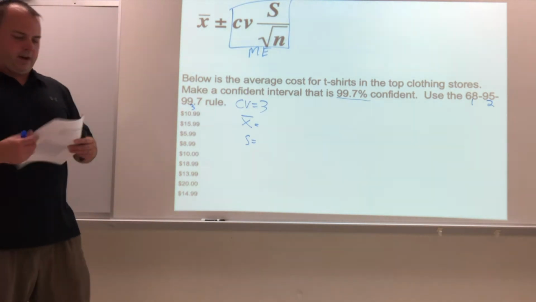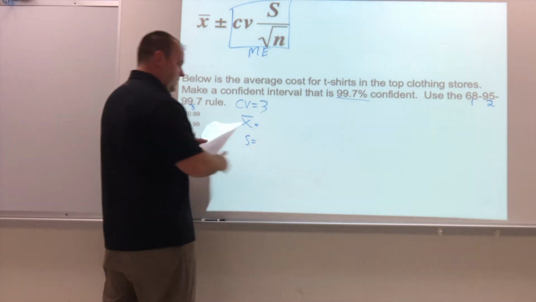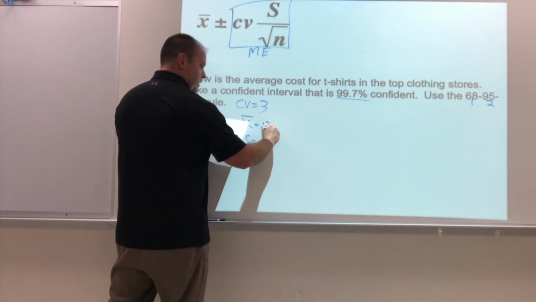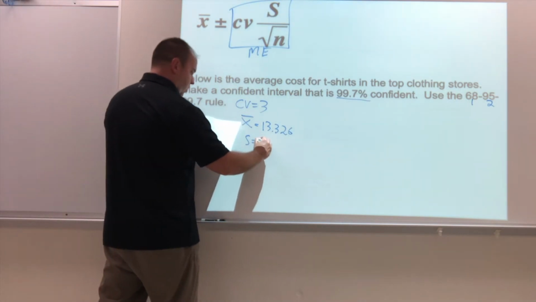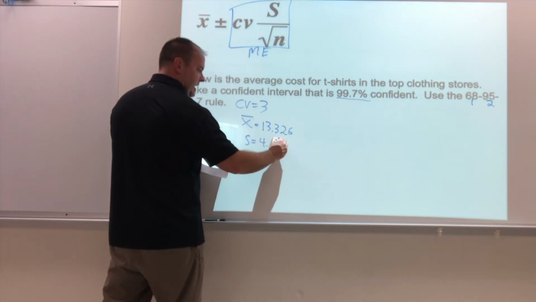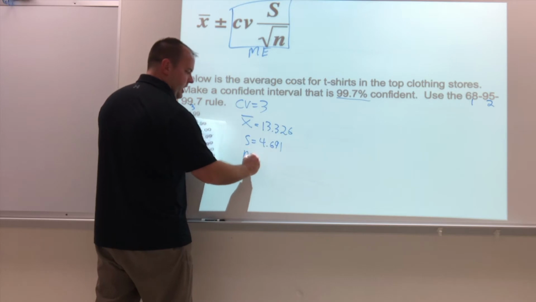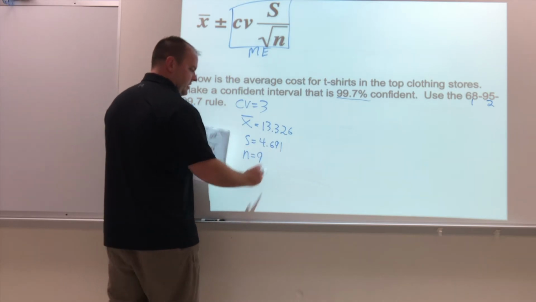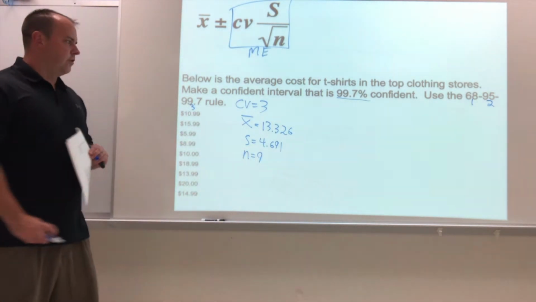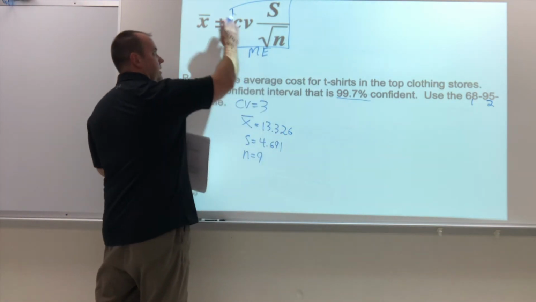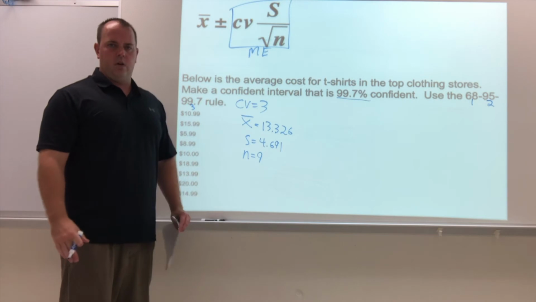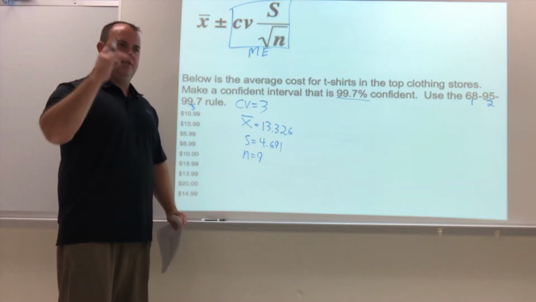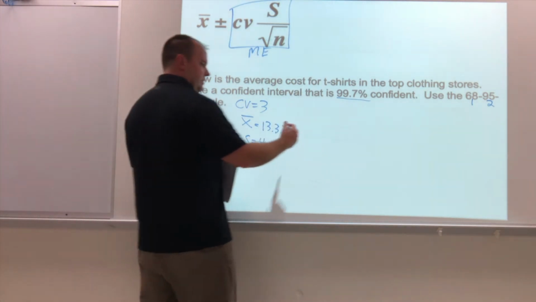If you want me to just find it for you quickly, the average would be 13.326. Standard deviation is 4.691. And we also need our n. In this case, our n is 9. So we're taking all these pieces and plugging them into our formula up here, just like before. Yes, you could plug it all in at one time, but I suggest doing it piece by piece. So if I write this out,